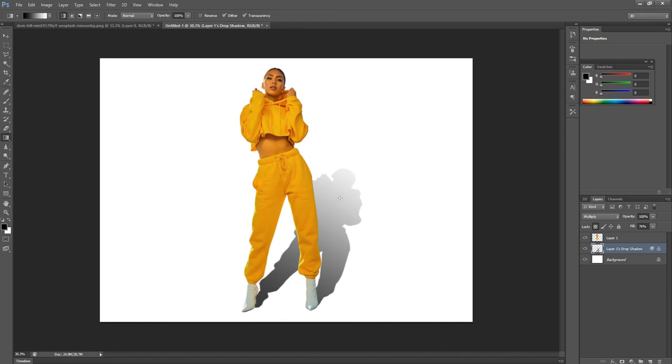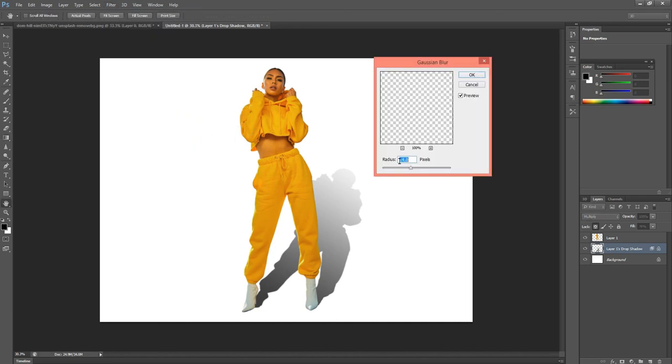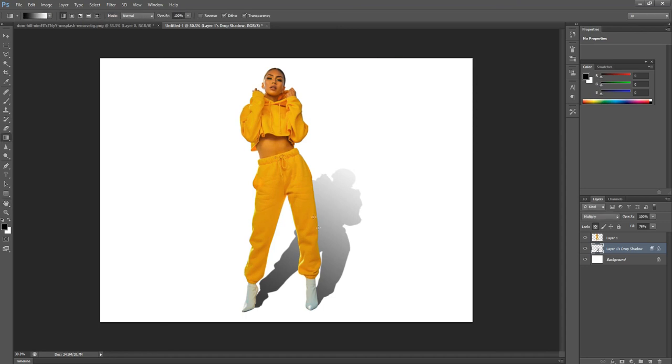If we want it more realistic, we go to Filter, and there is an option called Blur. Inside Blur there is Gaussian Blur. Select Gaussian Blur. We apply a radius of 14 pixels and then press OK. So it's blurred a little bit.